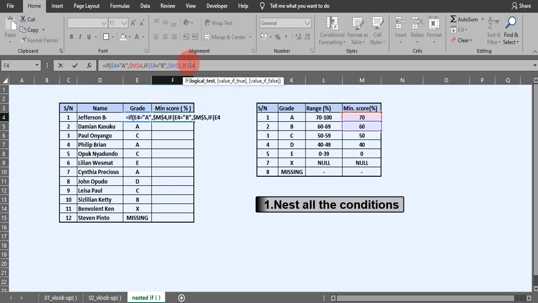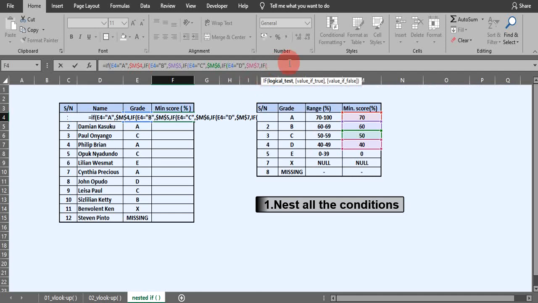So if what's being displayed is now C, it means that what should be displayed as the minimum score should be that particular value, which is 50. So you reference that cell, lock it using F4, comma, if, bracket, equal sign, D now being displayed, then you should display this minimum value from that particular cell, and it's actually 40. Lock it again using F4. And then once you have that, we come up with another if